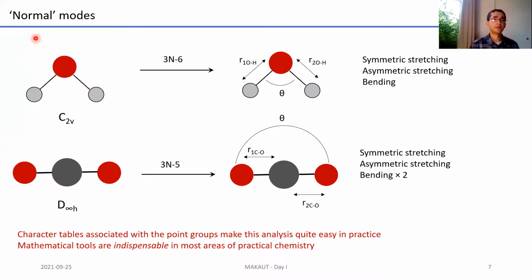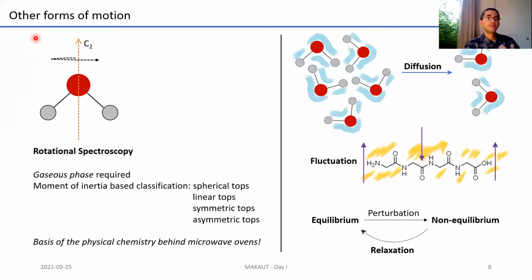So these are normal modes of vibration, and this completes the 3 major sources of molecular jiggling: translation, rotation, and vibration. So what are some of the other motions associated with molecules? For example, you have rotational spectroscopy, which I've already talked about. When the molecule rotates, it absorbs energy, and you can use spectroscopy again, as you put energy in the molecule and see it rotate, and then use that information to find out specific things about the molecule.